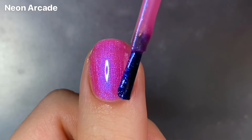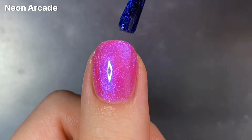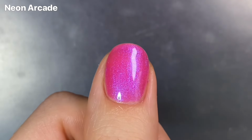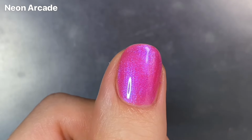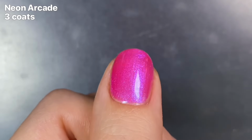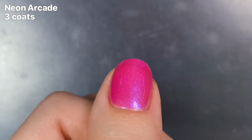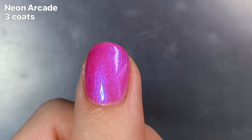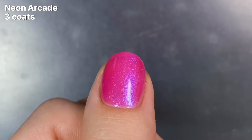It had a similar formula to the last couple of shades where it was just super easy to apply, very even coverage for the most part, just more on the sheer side, or at least a little bit more sheer than I was expecting. I was sort of expecting fuller coverage on 2 coats, but I found I needed a third to kind of get the look I was going for, but you still are going to see some nail